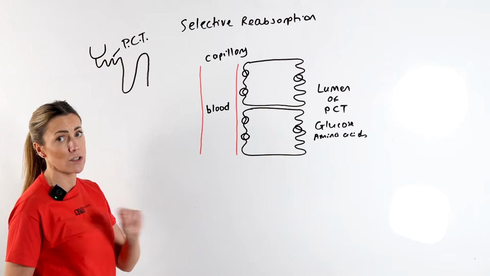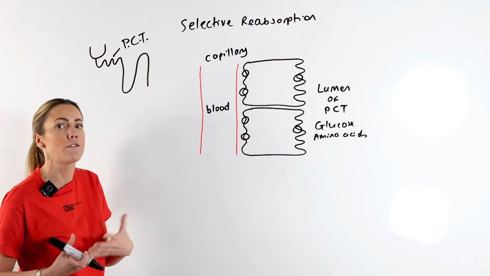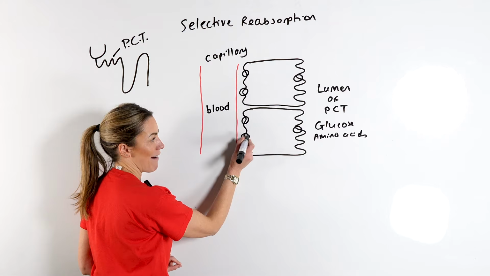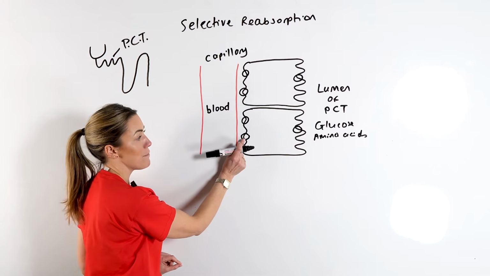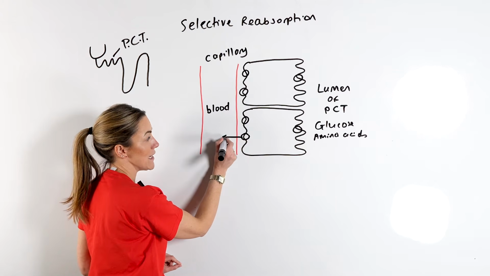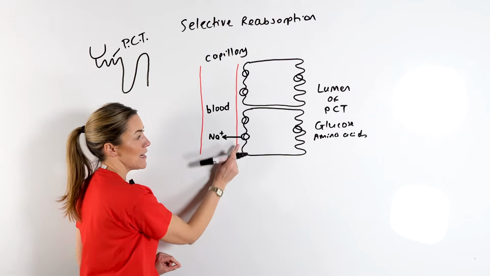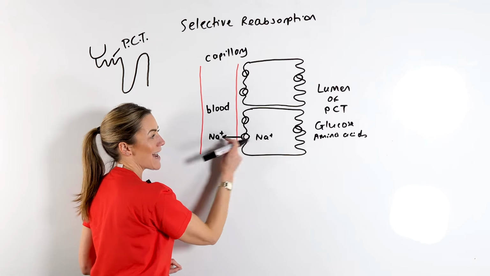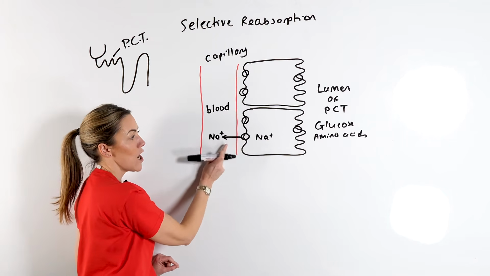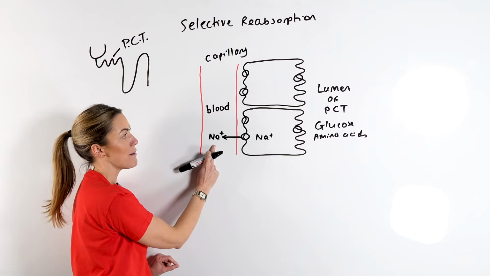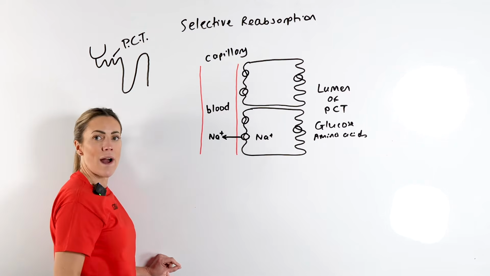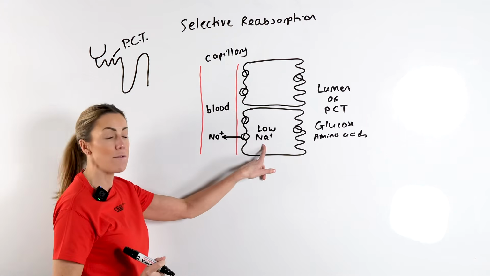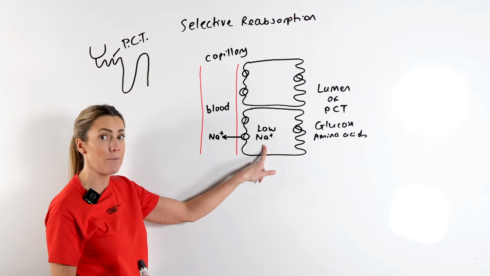Well, what we're going to do is look at another mechanism, another example of co-transport. Here, we've got a carrier protein. This is an example of a sodium-potassium pump. This protein is going to actively transport sodium ions from the epithelial cells, actively transporting those sodium ions out across the wall of the capillary, or the endothelium, and into the blood. Now, why are we doing that? This will make sure that there is a low concentration of sodium ions inside the epithelial cell,